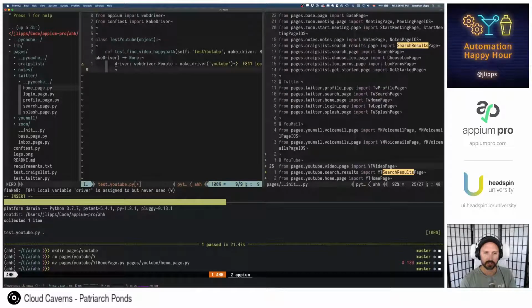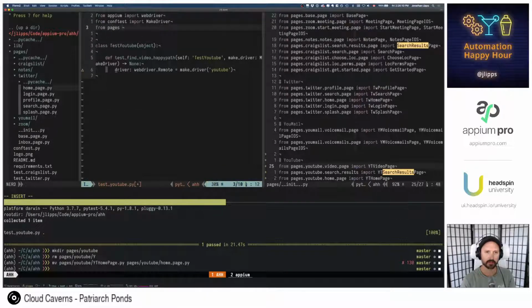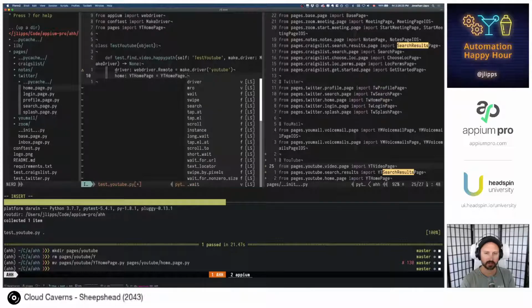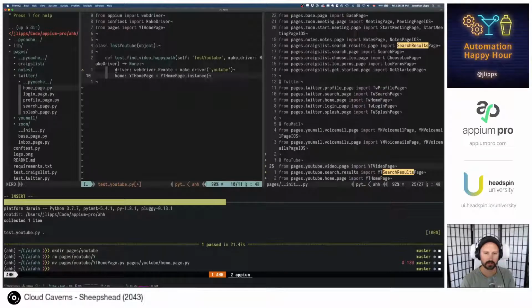And first thing we want to do, since we're at the home page, is instantiate that: from pages import YT homepage. Home equals YT homepage dot instance, and we pass in driver.